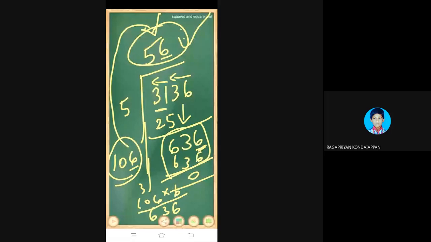Now, what we are going to do, second one: find the number of digits in the square root of each of the following numbers without any calculation. See, without any calculation, they are asking only the number of digits. They are not asking the exact answer for the given question. They are asking how many digits are possible. For that, there is a formula.